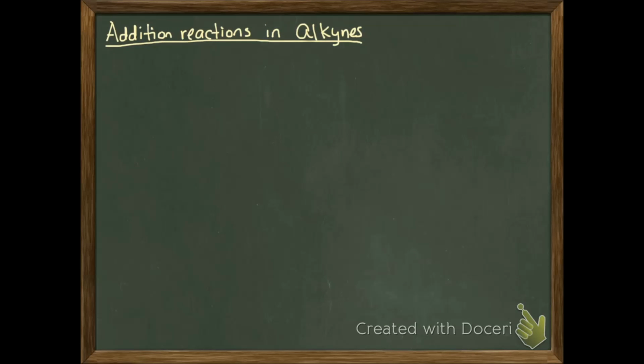In this brief video, I will explain the 4 addition reactions in alkynes. Remember that alkynes have at least one triple bond. As we had in alkenes, we will have symmetrical additions. The 2 symmetrical additions will be hydrogenation, when I add hydrogen,